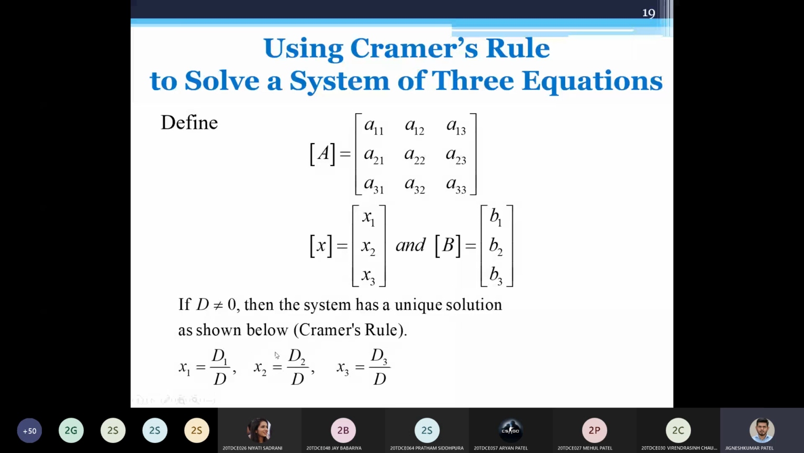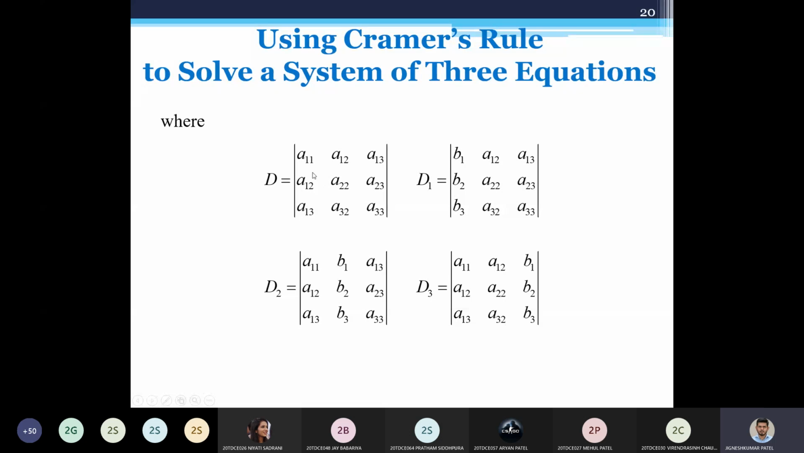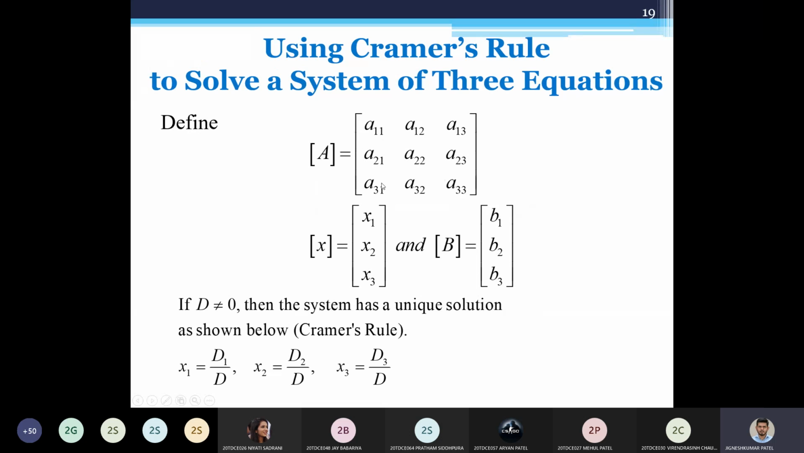X1 would be D1 by D, X2 would be D2 by D and X3 would be D3 by D. But what are D1, D2, D3 and D is the question. D is the determinant of the matrix A itself. See, this is the matrix A. If I find out the determinant of A, I'll get D. What is D1? D1 is nothing but A